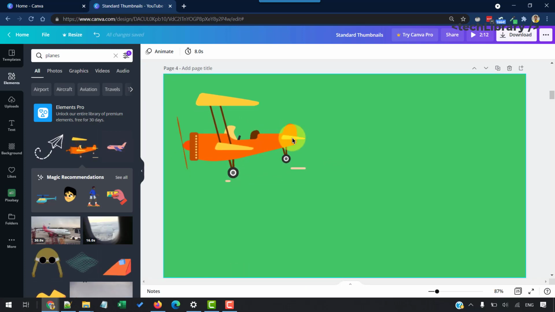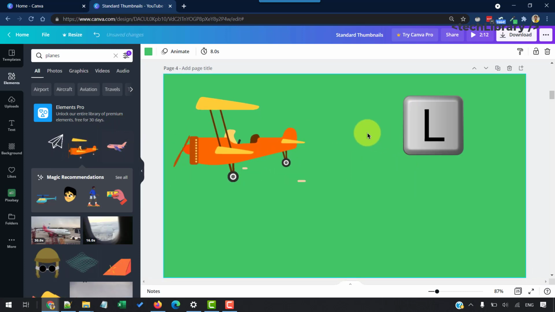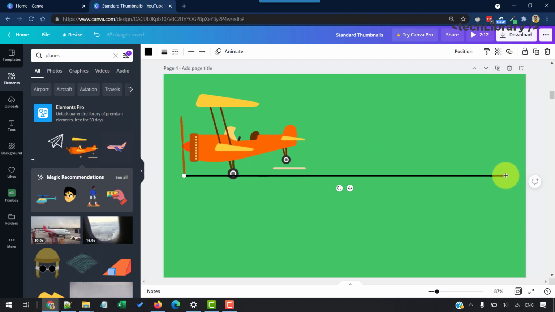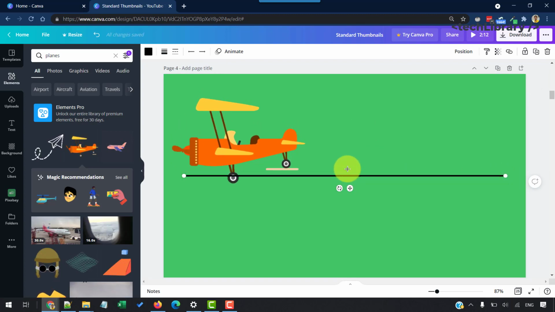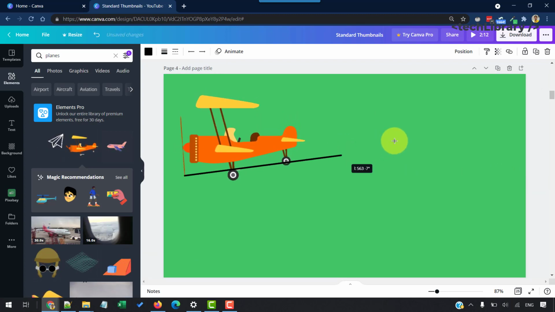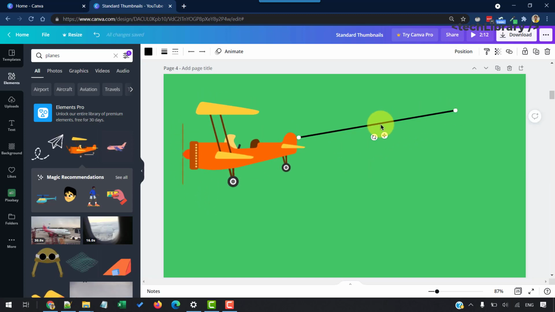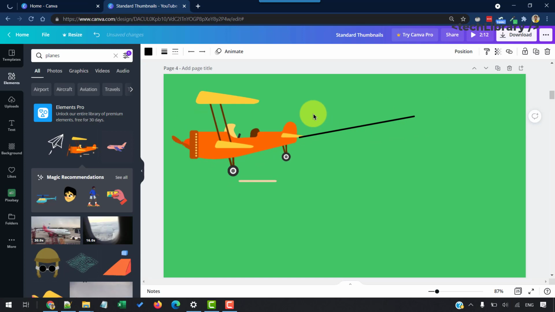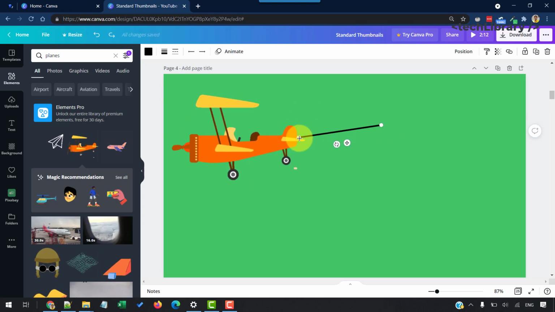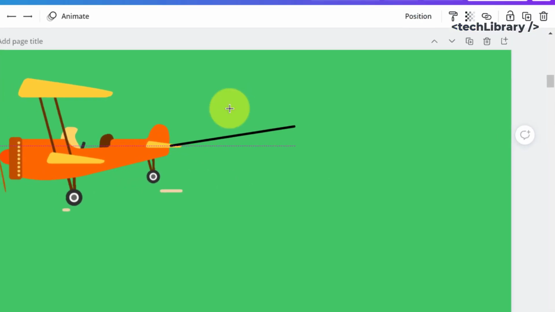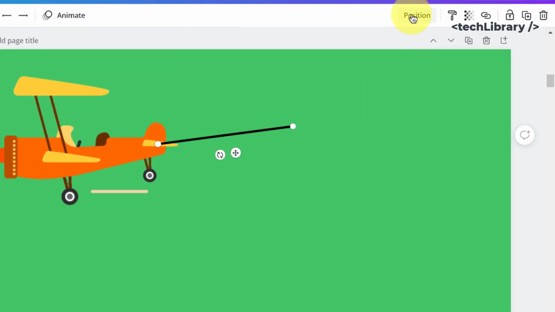And then I'm going to hit the keyboard shortcut L to quickly insert a line, and then have this as a string tied to the plane, and click it here, adjust and place it here. Okay, and we can move this behind the plane, position it by placing it behind the flying plane. So I'm going to click on this line and click on position and make it backward so it goes behind